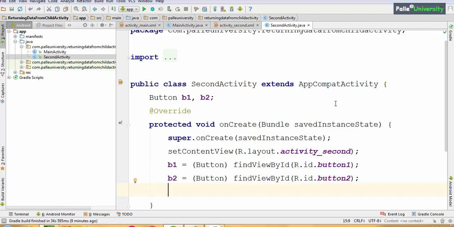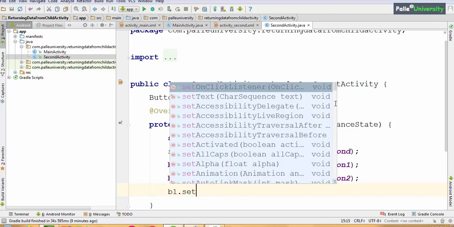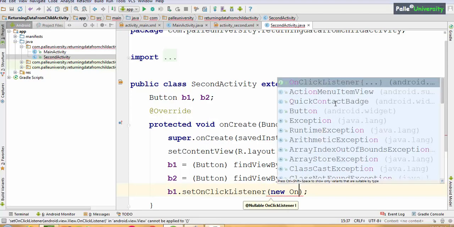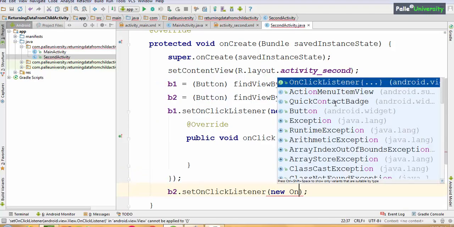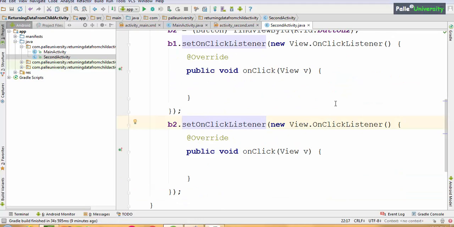Since you have two buttons, two button click listeners will come here. b1 dot set on click listener, new on click listener, select it. Just below the button 1 click listener, after the semicolon press enter, give the button 2 click listener, select this option. Now two button click listeners are ready.